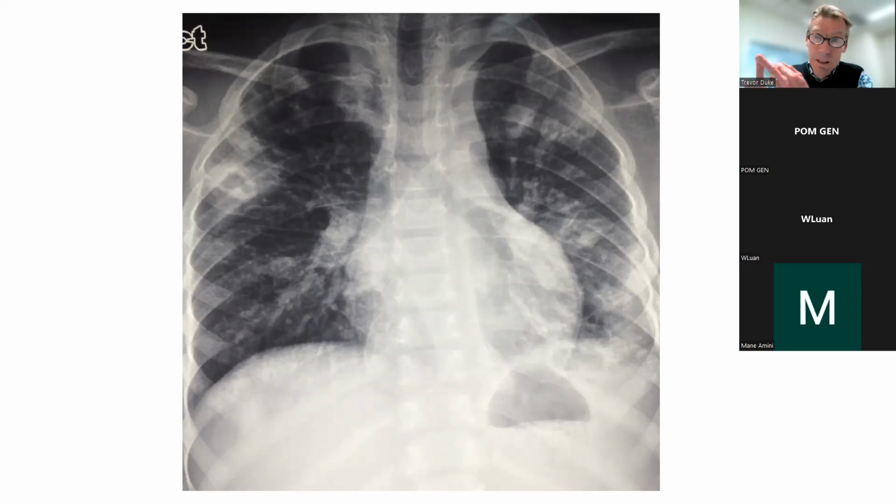Well, I guess conceptually you can have an abscess, or you could have a tuberculoma or a TB abscess cavity. It could be a bacterial abscess cavity, or sometimes you can have a fungal infection that leads to an abscess cavity. I don't know whether you can see, but if you follow the trachea down, you can see the left